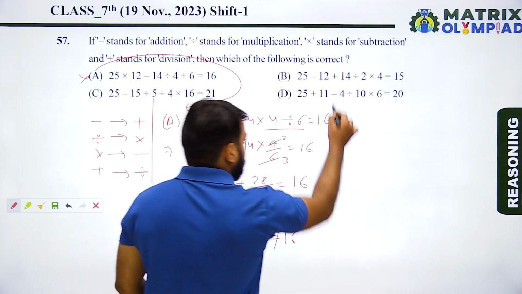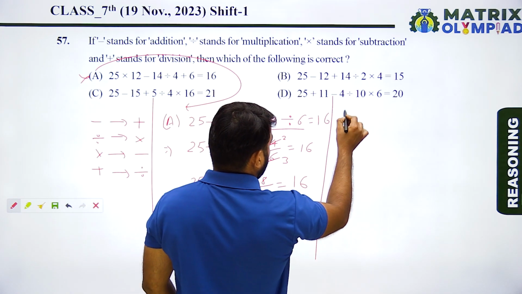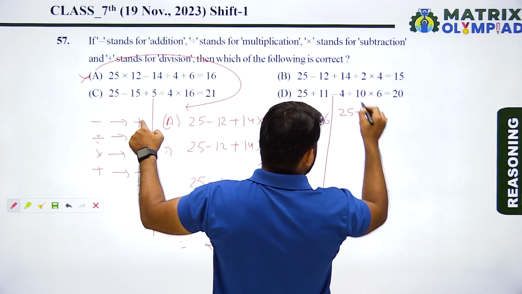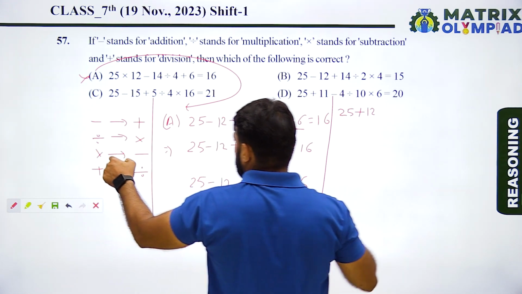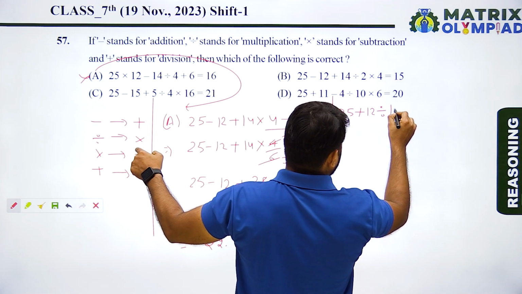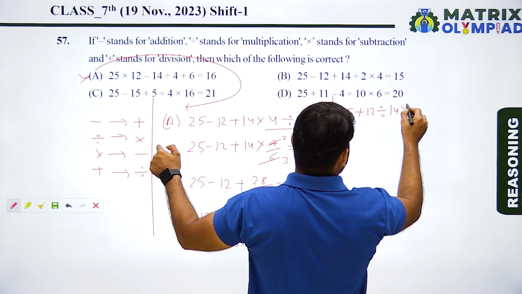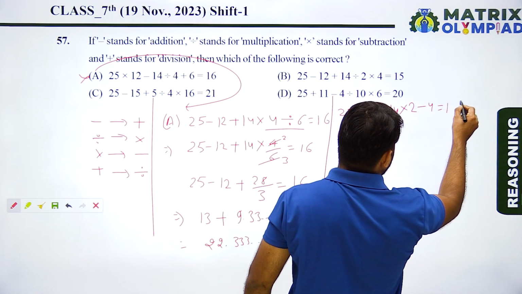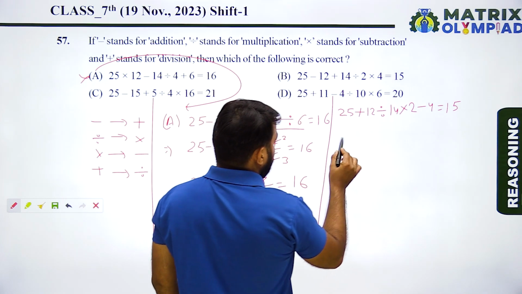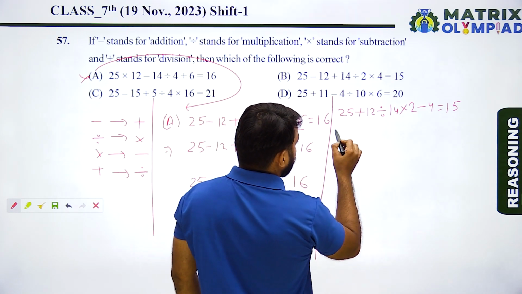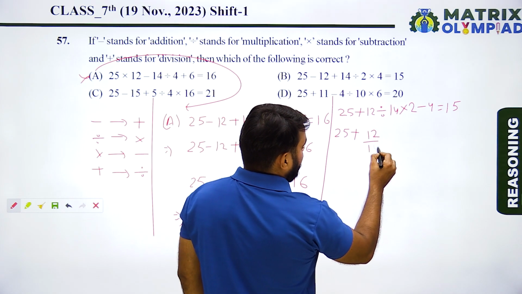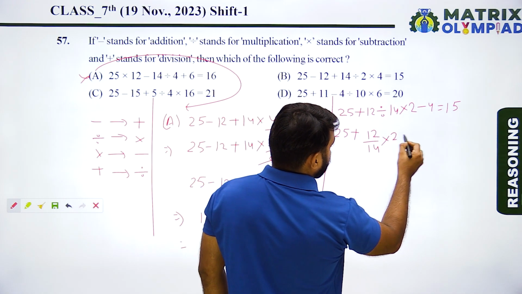Now taking option B. So according to option B, 25 minus. So what, minus means plus 12. Now plus means divide 14. Divide means multiply by 2. Multiply means minus 4 is equals to 15. Now using Bodmas rule in this equation, so 25 plus 12 divided by 14 multiply by 2 minus 4 is